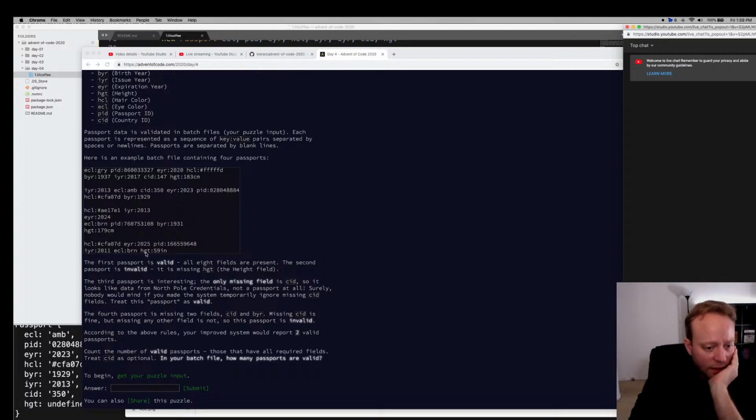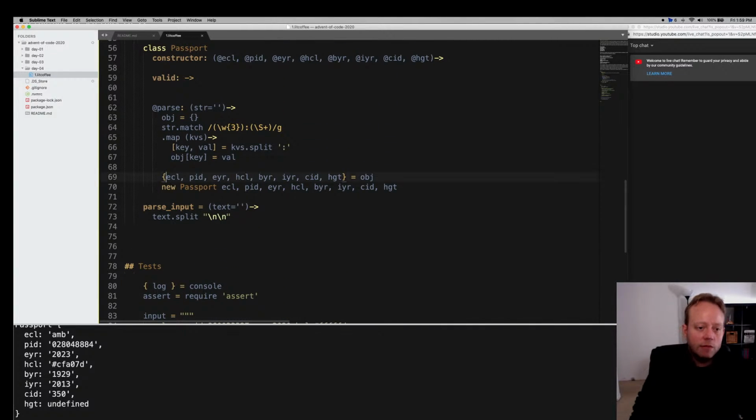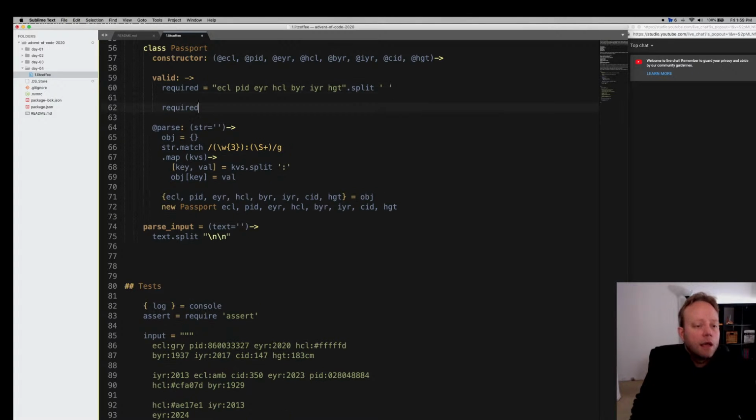Cool. Okay, so what does this say? This is all 8 fields present. Invalid, it is missing height. So it's okay, we can miss CID. So basically, all of these things we can miss except CID. These are required except CID. Split. Okay, required equals. And what we want to do is we want to know if each one of these values